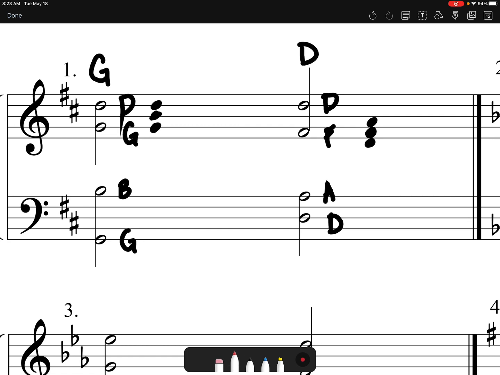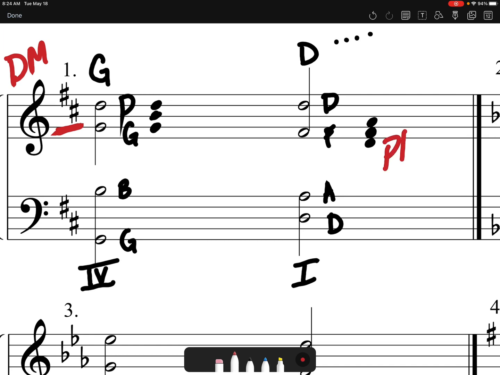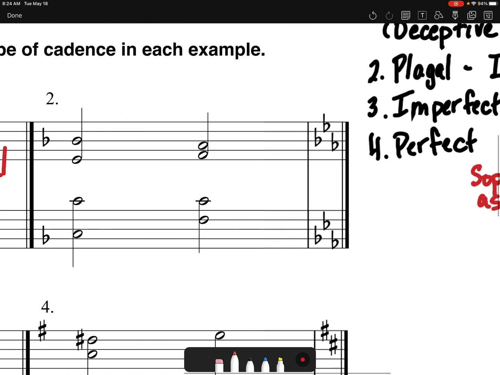We are in the key of D. So that makes my last chord a 1. And my first chord, if I count up, D, E, F, G, it's a 4 chord. So if I look at my list, I will see that this is a plagal cadence. So you just label it there. Going to the next example,